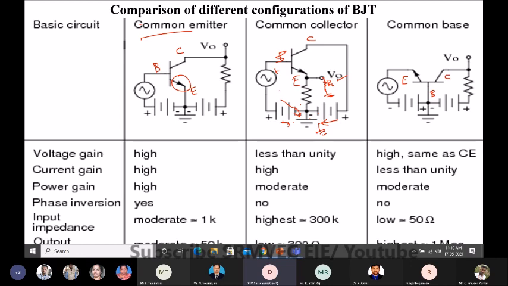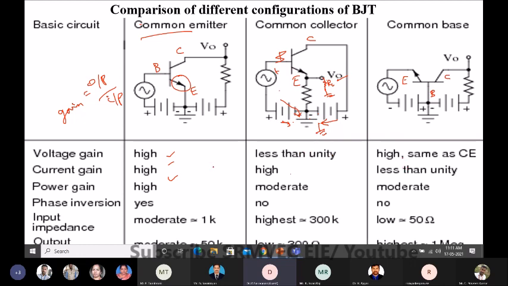So in this configuration, if you are going to calculate the voltage gain, current gain, so what is gain? Gain in general is output by input. Okay, so what is the input you are giving and what is the output you get? If you compare, the common emitter configuration gives a very high value compared to the other ones. Usually they call it greater than unity in terms of common emitter, whereas in the common collector, your current gain will be more than unity, whereas voltage gain is low, and it is the opposite in common base.